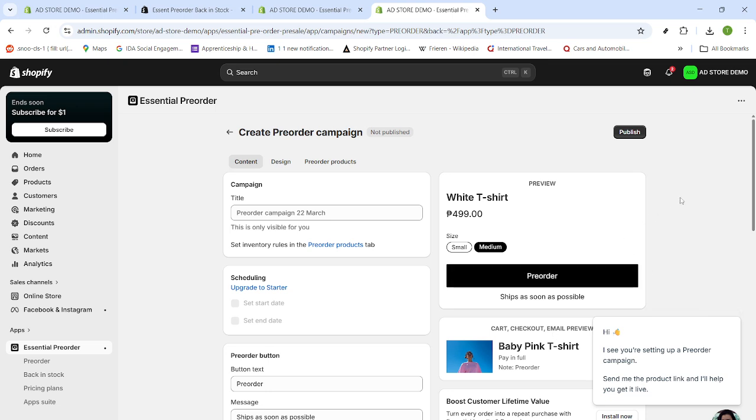That's it. You went from the Shopify home dashboard into Apps, found and installed Essential Pre-order, selected a plan, ran through the setup guide, created your first campaign, confirmed everything works, and reached the place where you'll manage all future pre-orders. Save your changes as you go, and you'll be ready to accept orders even